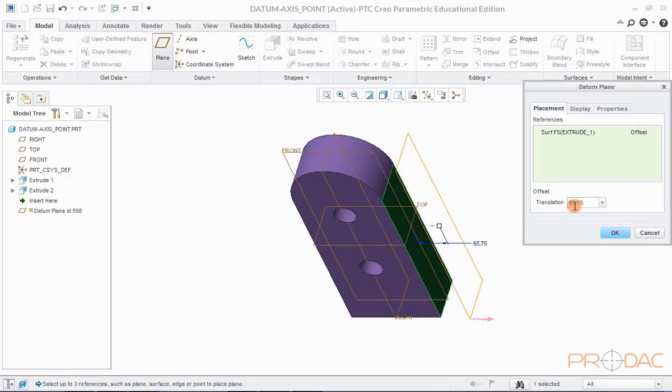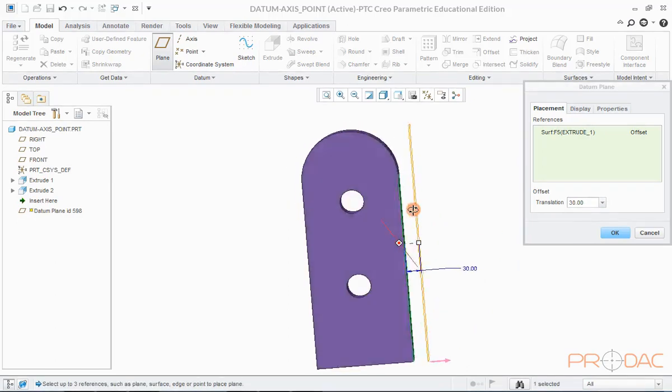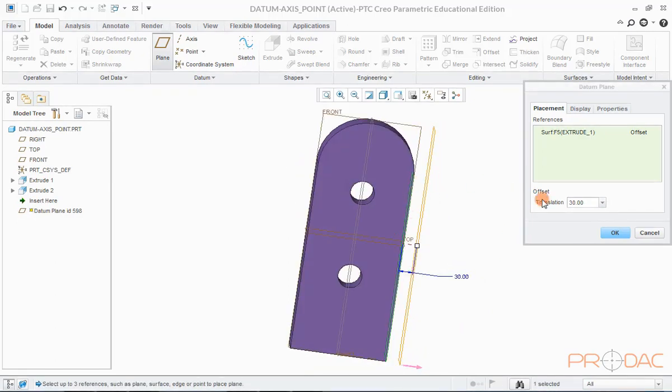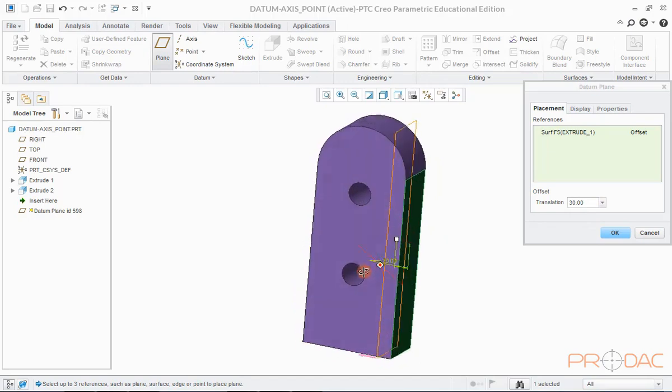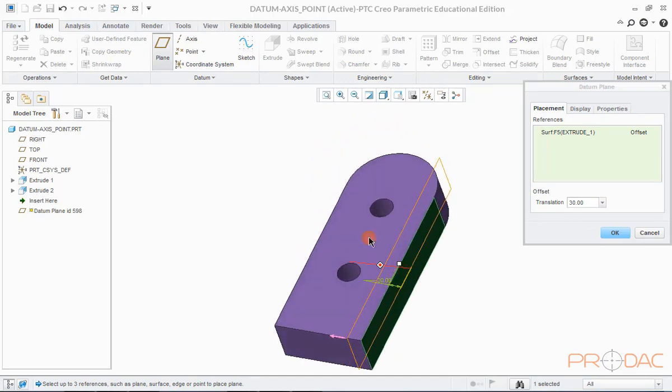We can enter the offset distance for the plane in this box. If we need to change the direction of the plane, we can put a minus sign. Alternatively, we can select another surface as the reference surface.